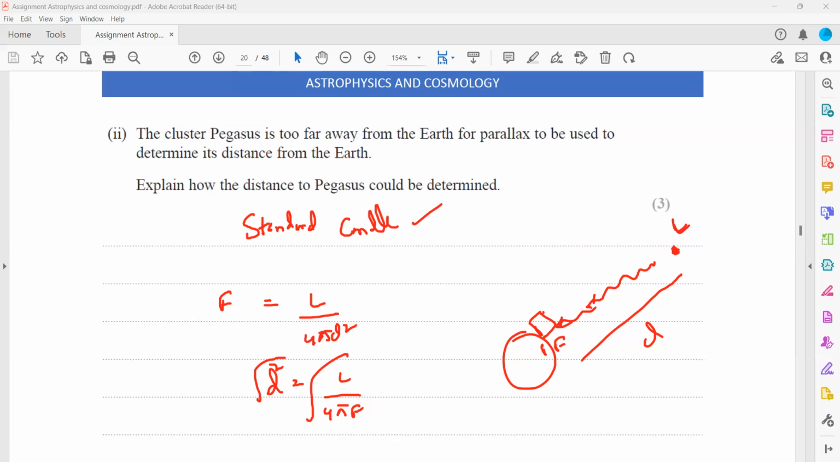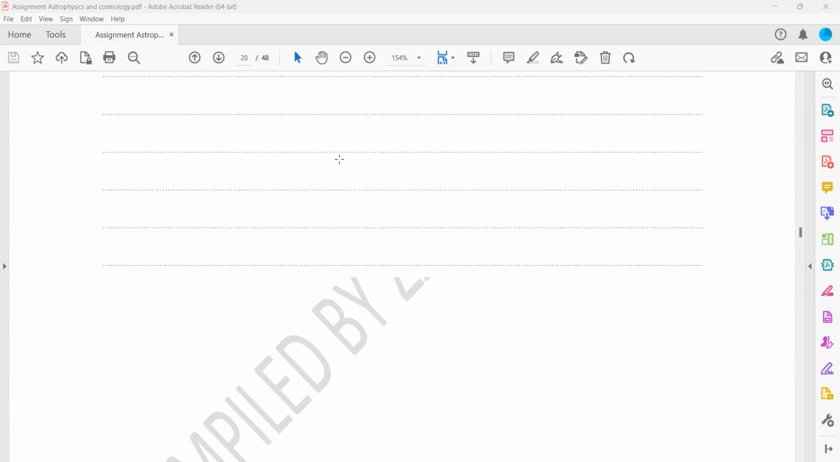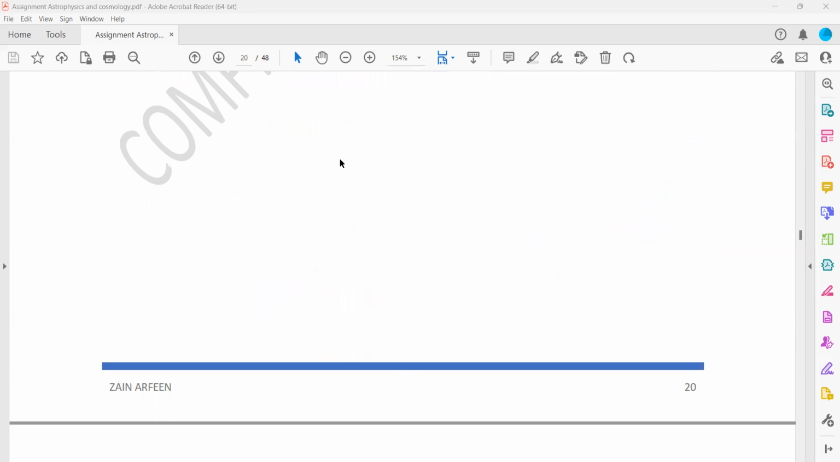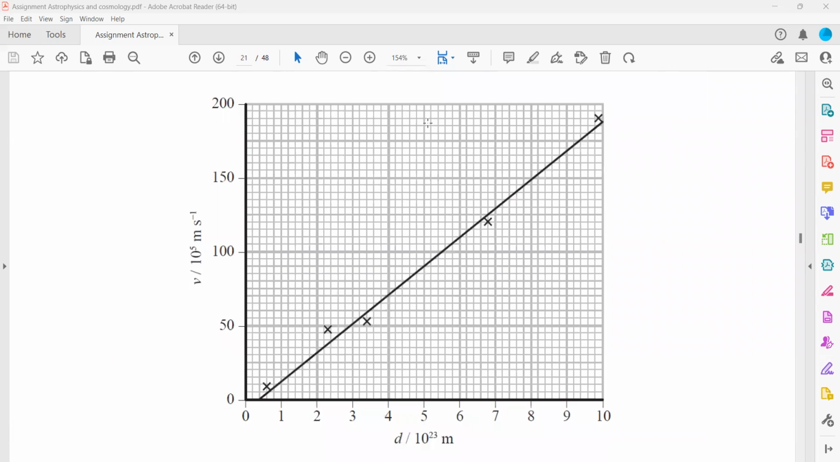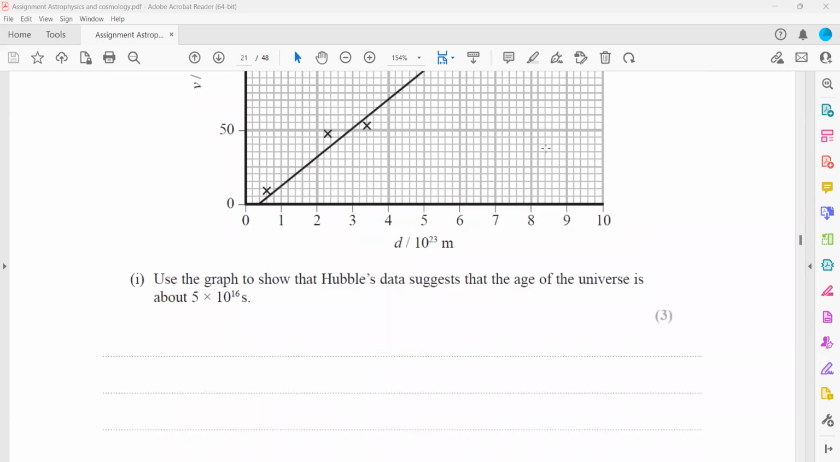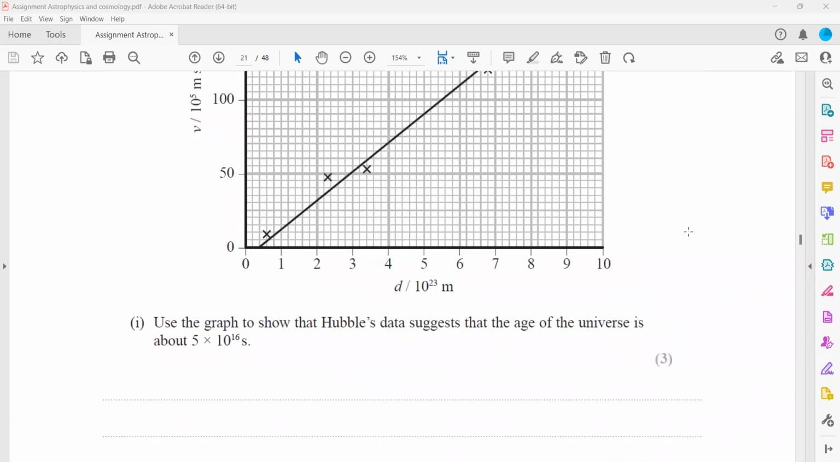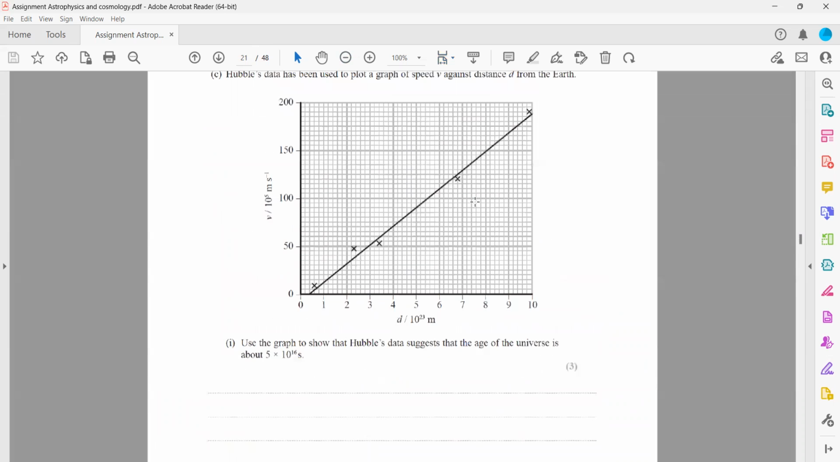We measure the flux. Flux can be measured, and then we work out the distance. Hubble's data has been used to plot a graph of speed and distance. Use the graph to show that the Hubble data suggests that the age of the universe is 5 × 10^16 seconds. So what you have to do is work out the slope, the gradient,